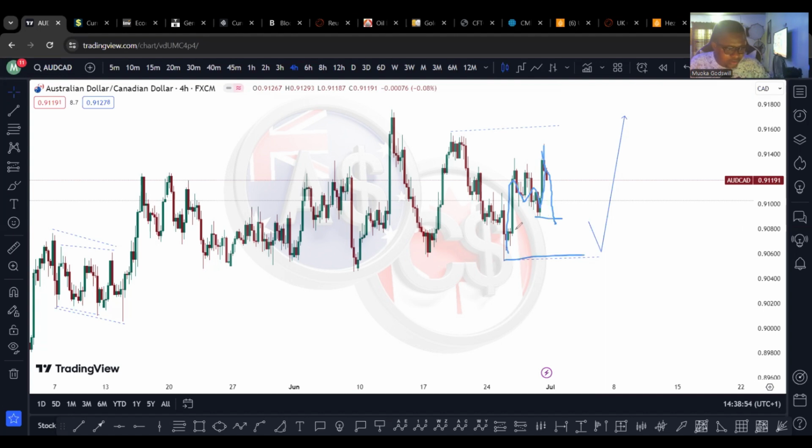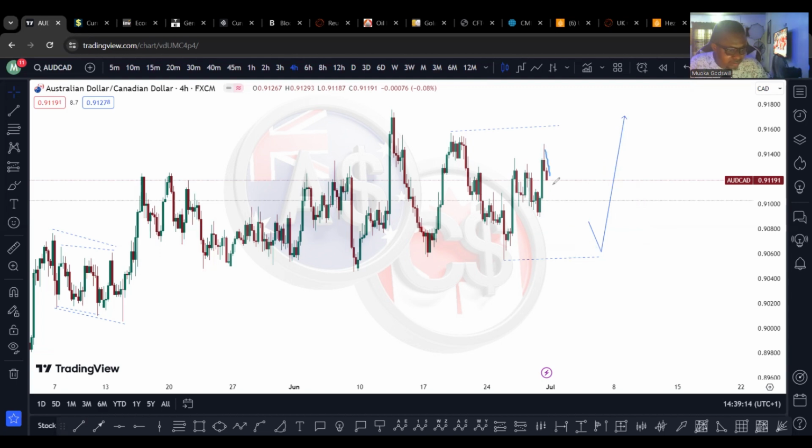Maybe taking away this low around this level. All right, we can see price pushing to the upside, right? That is what we are focusing on this week. But pushing to the downside again, that would not be much of a concern. But what we want to see is a push to the upside for